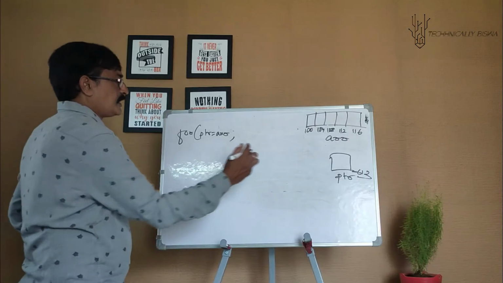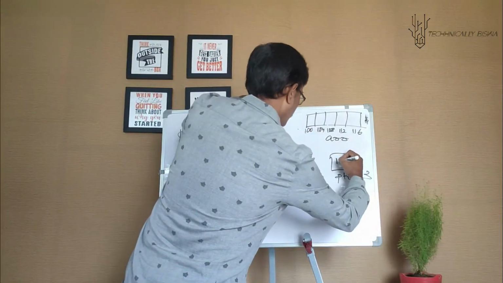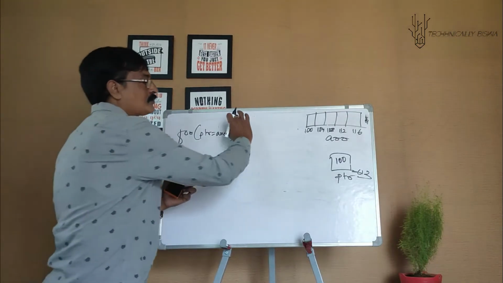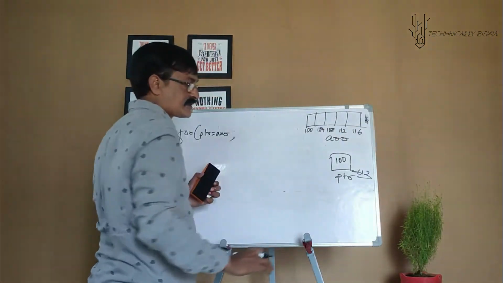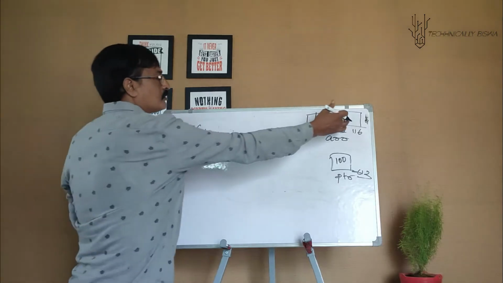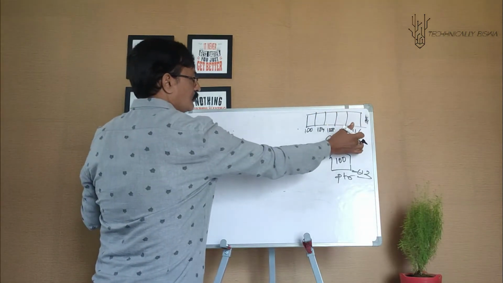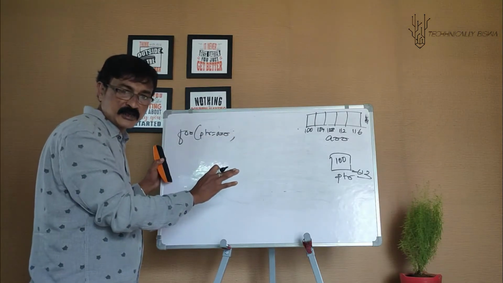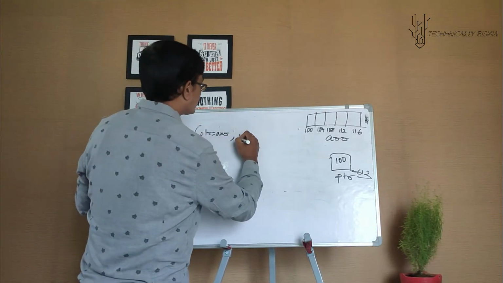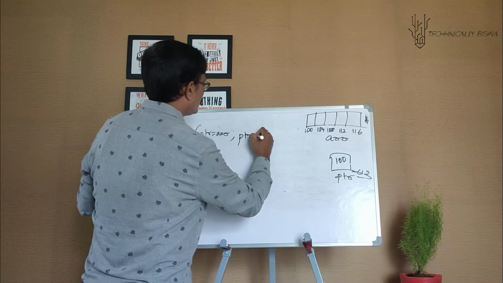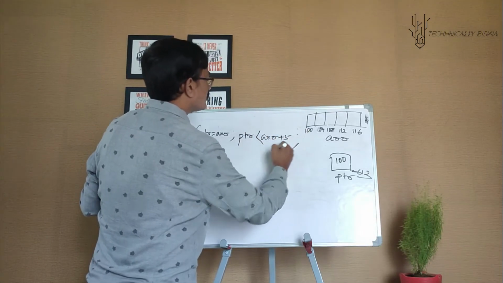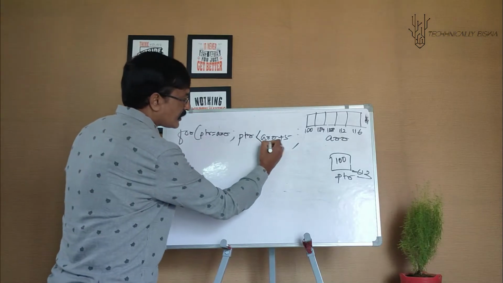What happens? PTR gets the starting address, that is 100. I want to travel through this entire array and put values inside. So how far will I go? I need to go till 116. Now how will I do this calculation? I know 5 elements are there. So the best way to write is this: PTR less than ARR plus 5. That is the size.